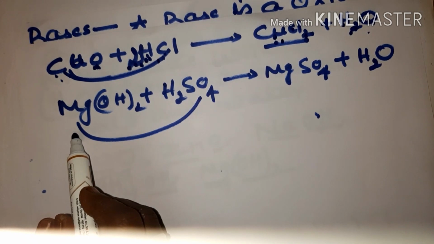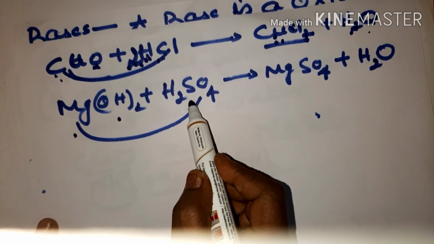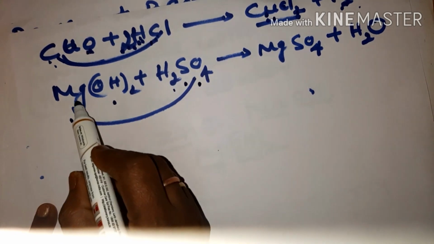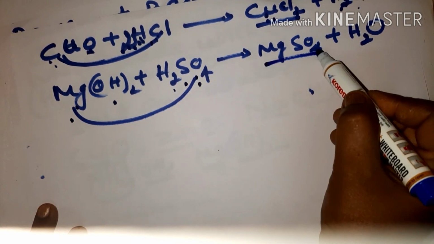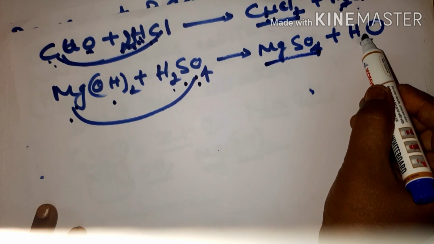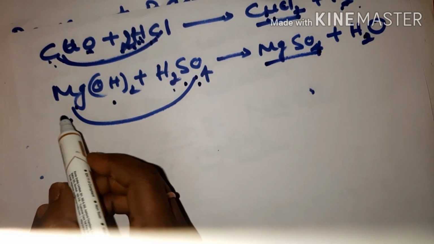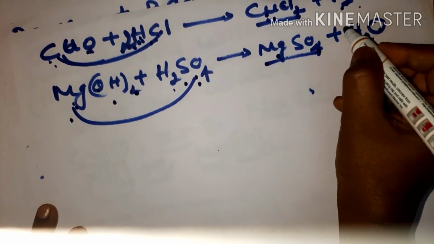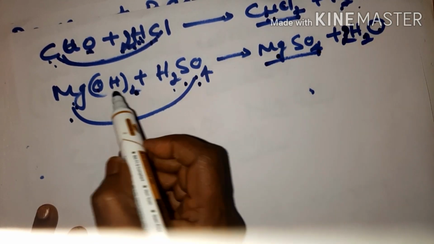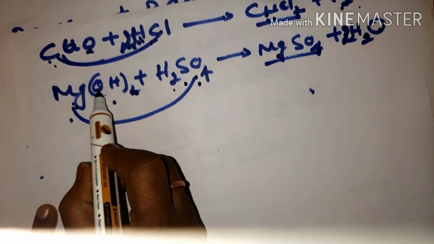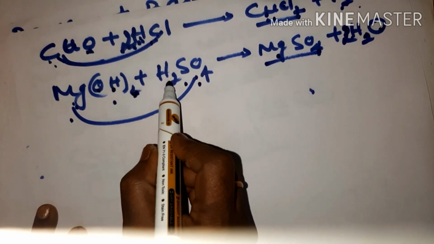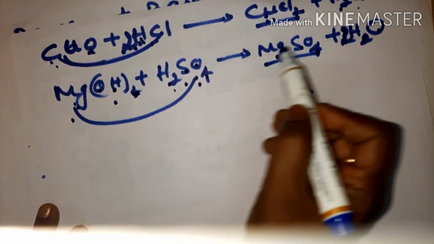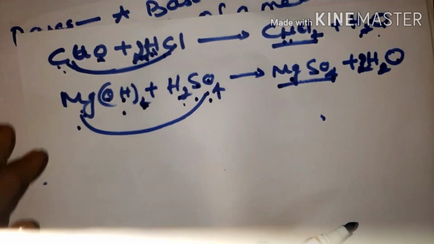Next one, magnesium hydroxide. When made to react with sulfuric acid, you get MgSO4, that is magnesium sulfate, with the formation of water. This equation also you have to balance. Mg is 1, O is 2, here only 1 is there, so 2O. So O is 2 and H is 2 plus 2, 2 2s are 4, S 1, O4. The equation is balanced.